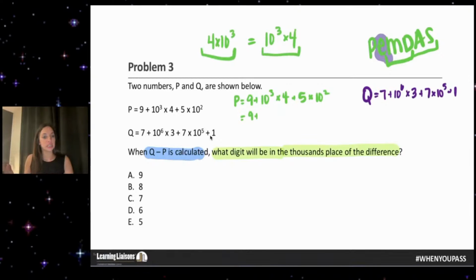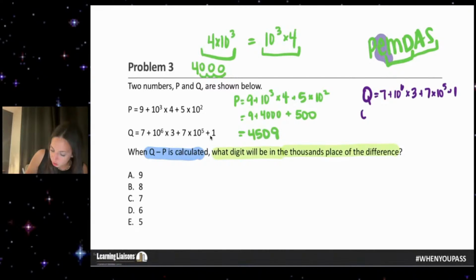And so if I understand scientific notation, then I know that I can just take this 4 and hop the decimal 3 places and it becomes 4,000. I don't have to do the exponent first because I'm evaluating it at the same time. So I have 9 plus 4,000, but if you want to do 10 to the third, which is 1,000, and then times the 4, that's totally fine. Plus 5 times 10 to the second, hop that decimal 2 places, equals 500. So this equals 4,509.